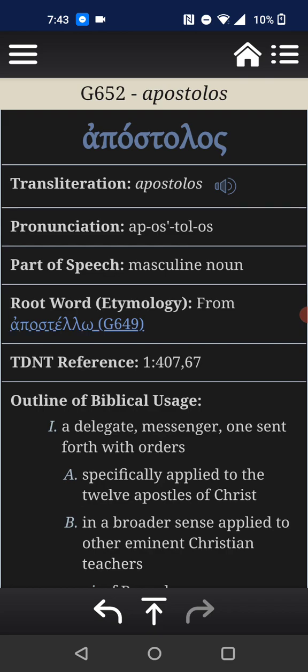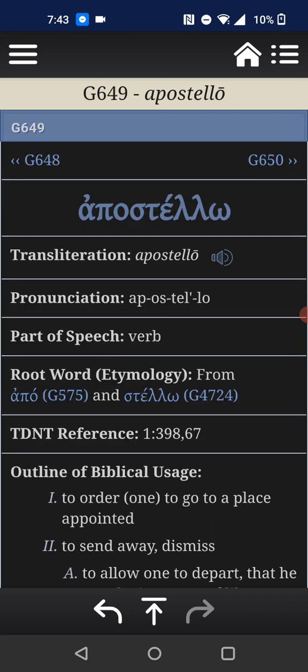So let's go look here. You see there a lot of similar stuff. I think that's alpha, that's pi, I think that's omicron again, that's sigma, I think that's tau, I think the E is epsilon, and then those are two lambdas. And I can't remember what the W is. I might be getting it confused. The W-looking one might be omicron, but either way, it comes out to Strong's G649, apostello.